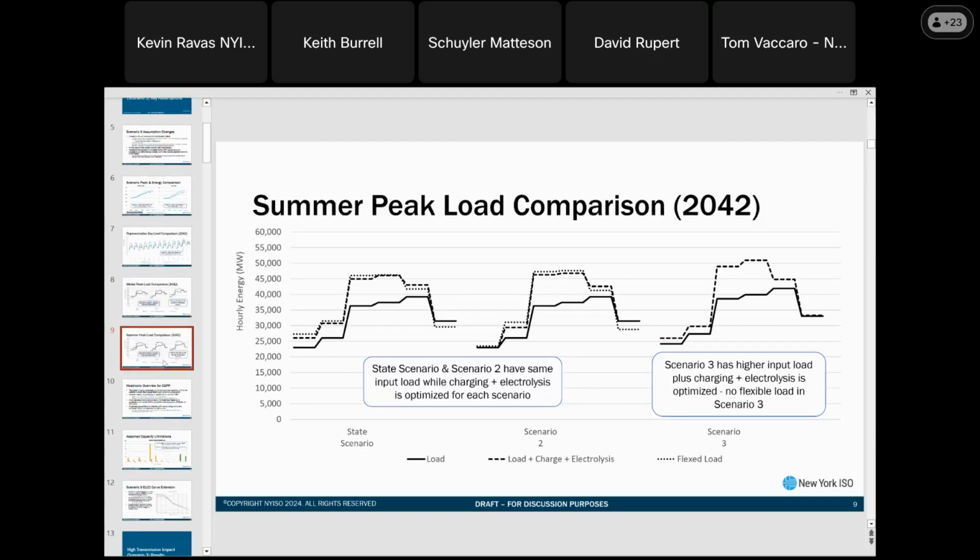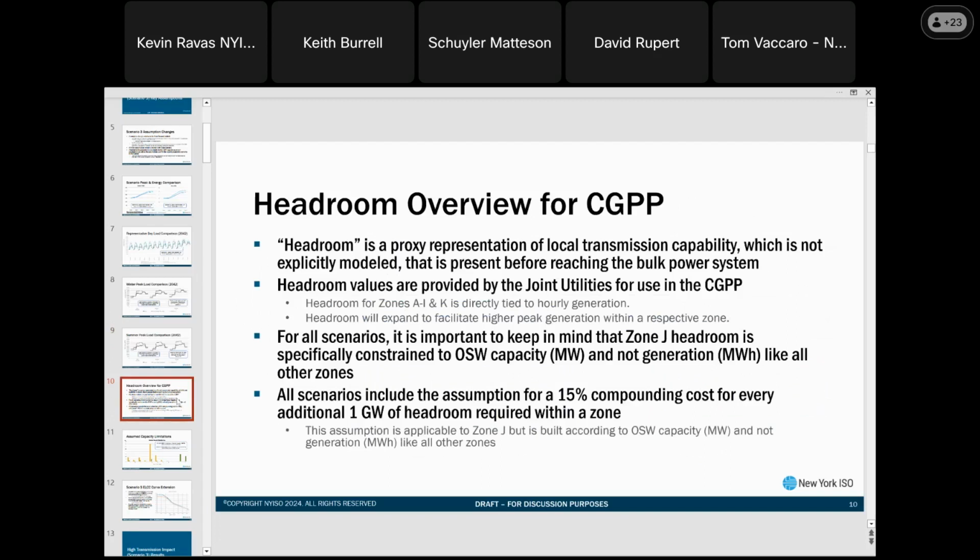And there are a couple of additional assumptions that we think are important to talk about from a results perspective. On the headroom side, we wanted to make sure we clarify the headroom assumption for folks. I know this has been part of the conversations in the past, but in the capacity expansion model, we have this representation of headroom, and it is meant to be a proxy representation of local transmission capability. This is intended to be a bridge between a bubble or zonal model, which only